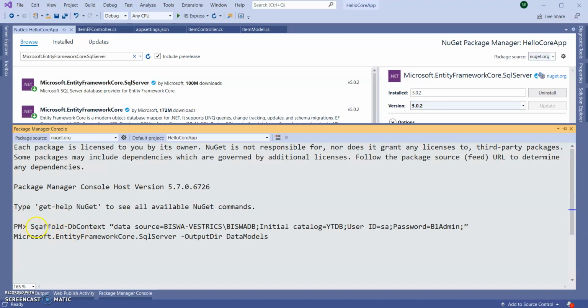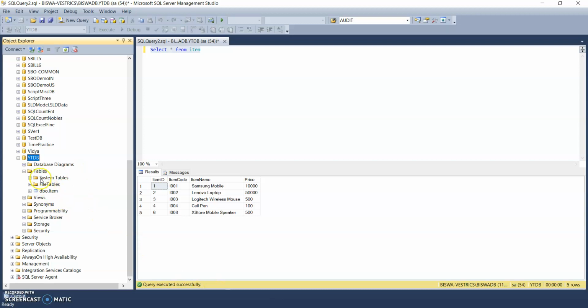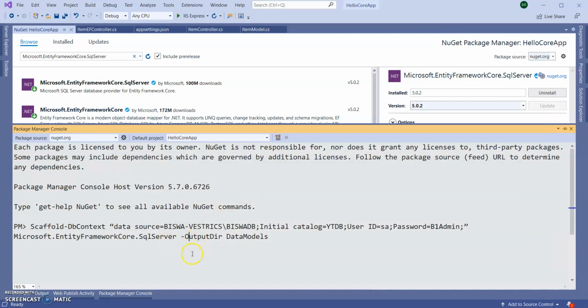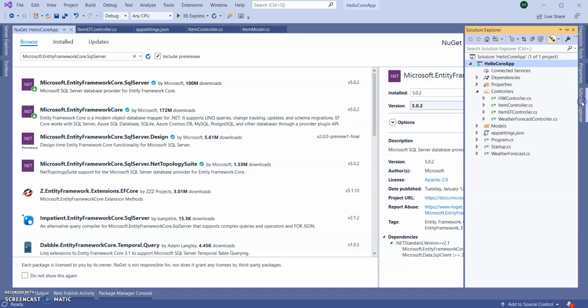I'm going to use Scaffold-DbContext and my complete connection string, which will scaffold the complete database. If any other table is also there, it will scaffold it for the database, and the output directory will be, with -OutputDir, Data Models. If you see, I don't have any Data Models folder here.